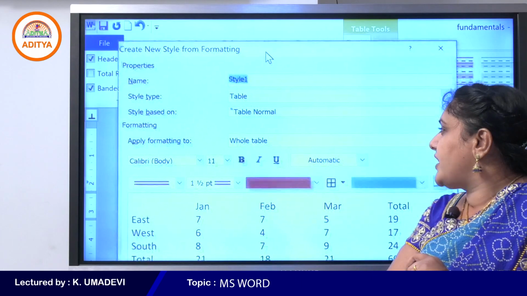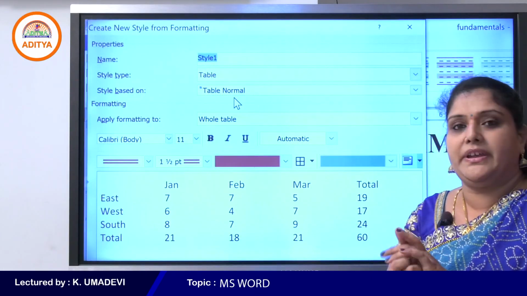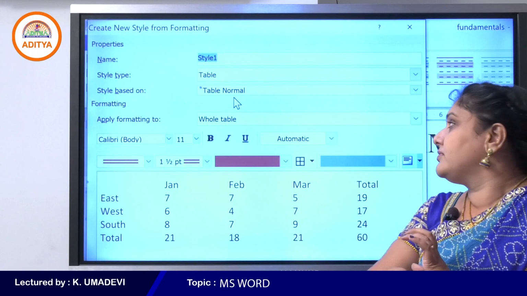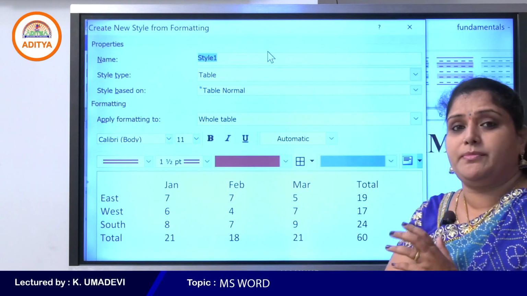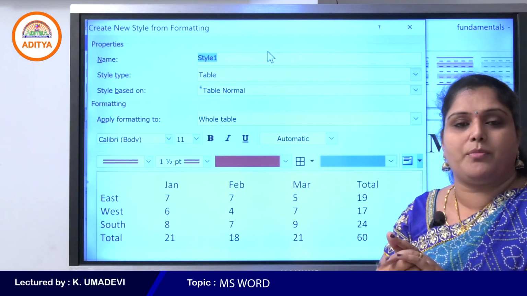Again, the create new style from formatting dialog box will appear, which is similar to the modify table style dialog box.